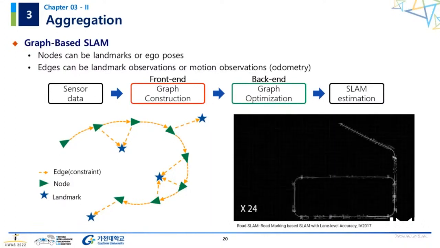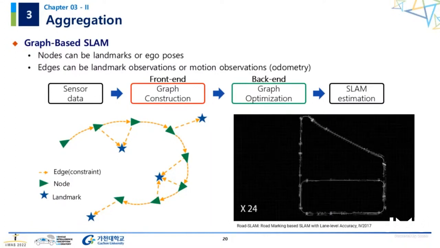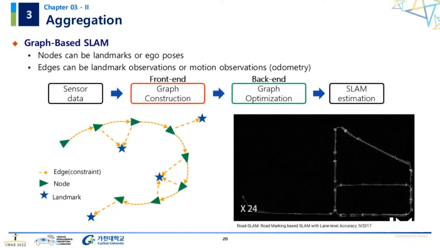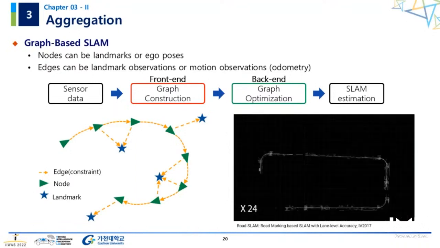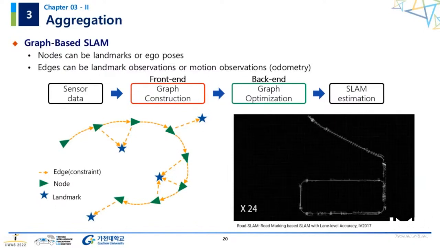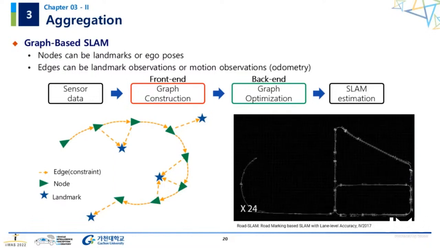These landmarks are the road information collected by individual vehicles, which comes from the data collection process above. The resulting graph is optimized in the back end. The vehicle can renew the location information when it passes a place it has passed before, and optimization occurs at this time. Therefore, as shown in the video, you can check the part where the map is corrected once the map is optimized by graph technology.